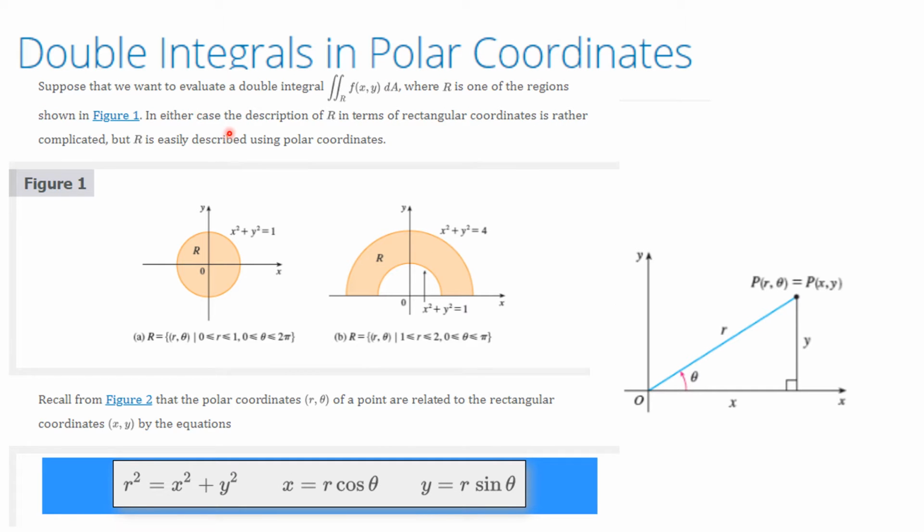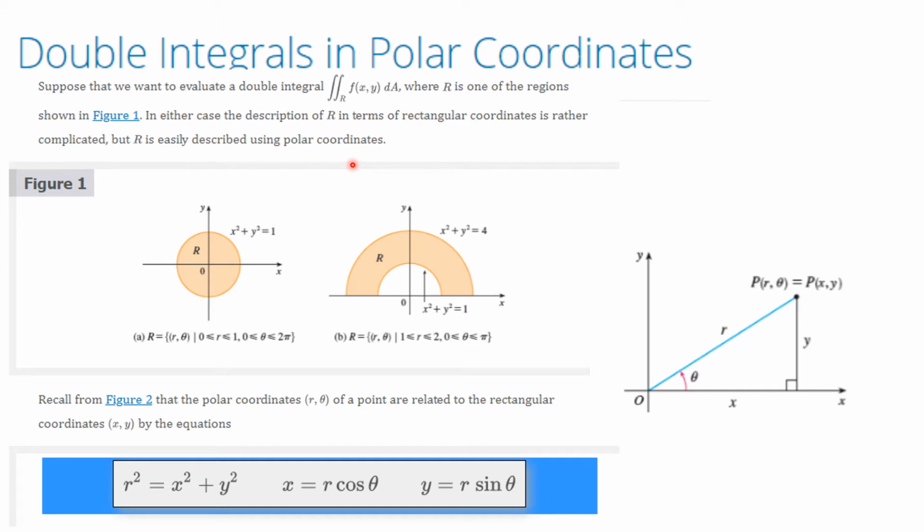Suppose we want to evaluate a double integral, the double integral over a region R of f of x, y dA, where R is one of the regions shown here below. So either it is a solid circle centered at the origin, or it's an annulus formed by taking the difference between two circles both centered at the origin. In either case, the description of R in terms of rectangular coordinates is rather complicated, but R is easily described